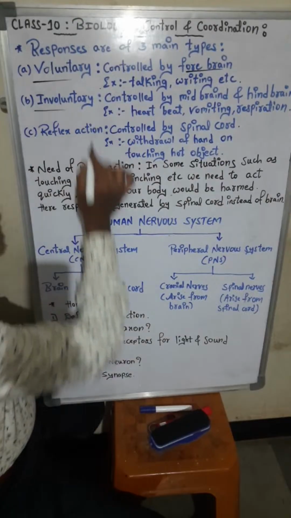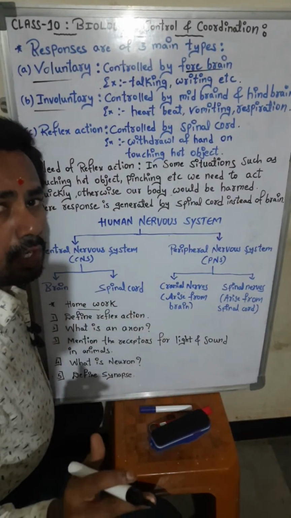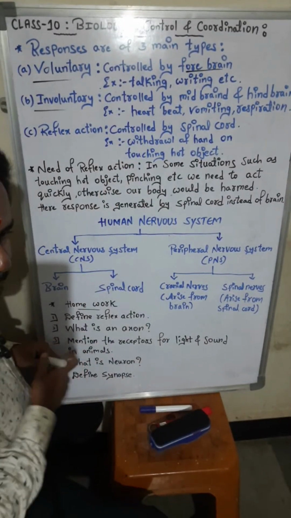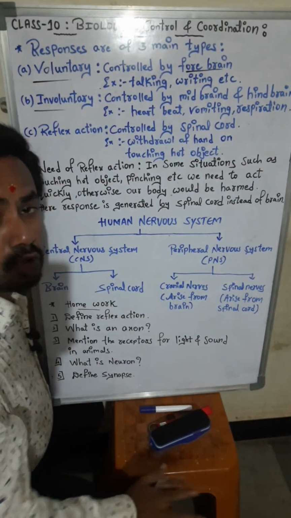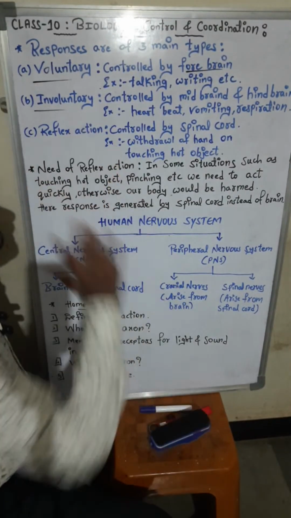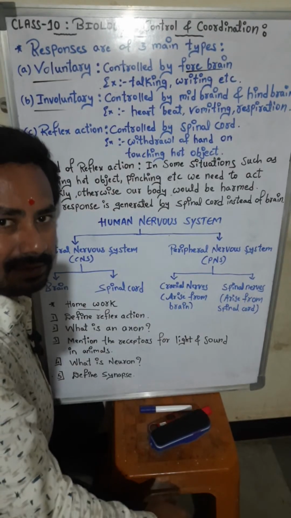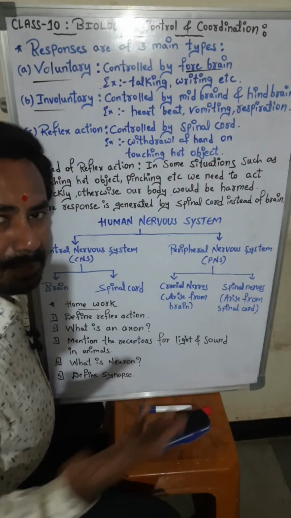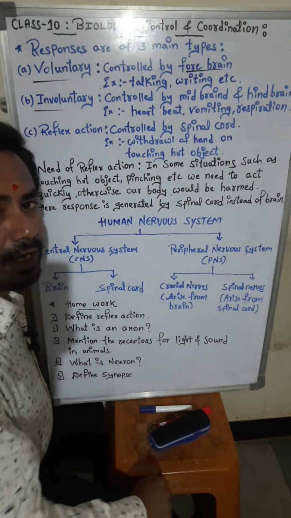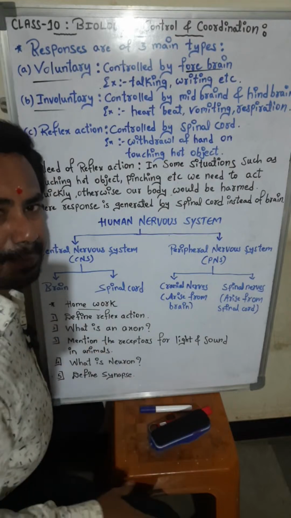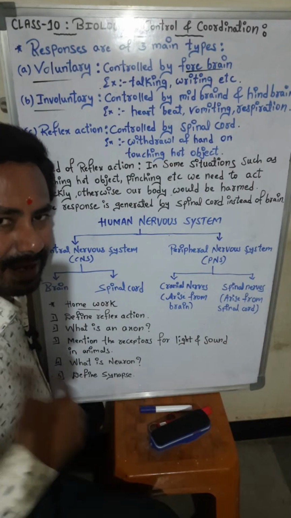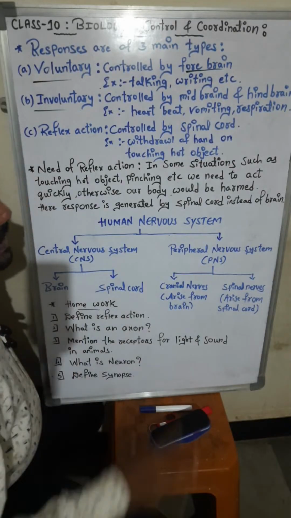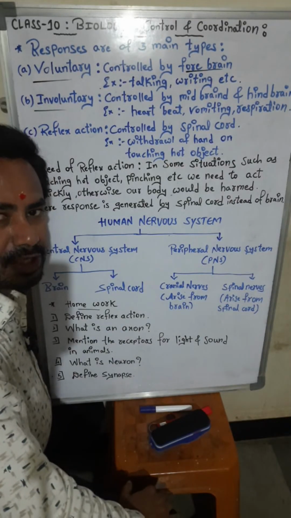Involuntary actions are the actions which are not controlled by animals or human beings. Can you give examples? So many examples you can give for involuntary actions. Breathing is not under our control. When we sleep, are we controlling it? No, we cannot. Not only in sleeping, at any time when we are awake also we cannot control the breathing. So breathing or respiration is an example of an involuntary action.